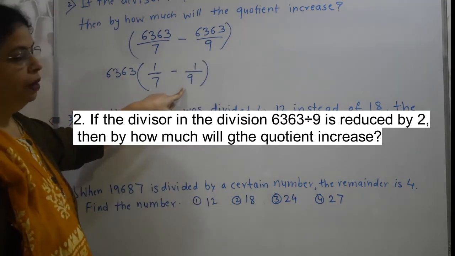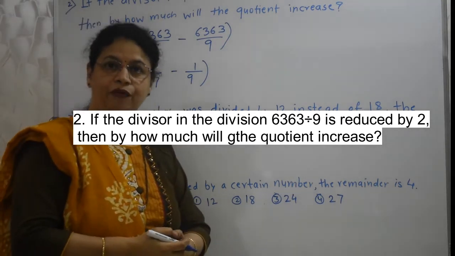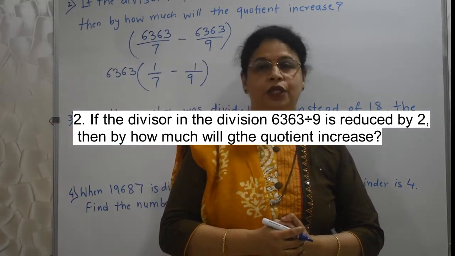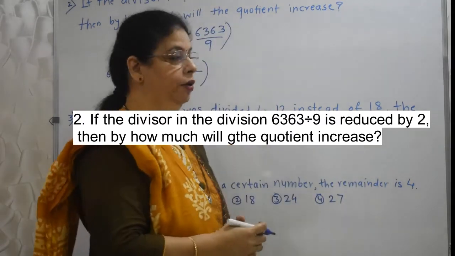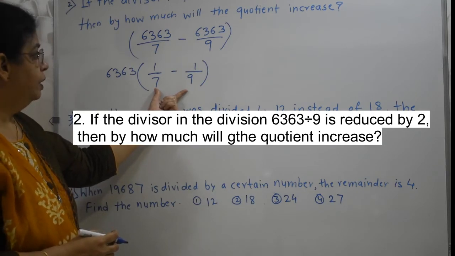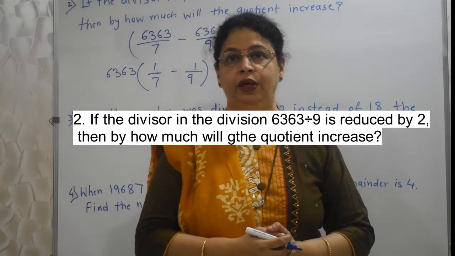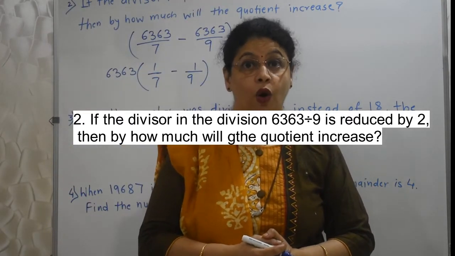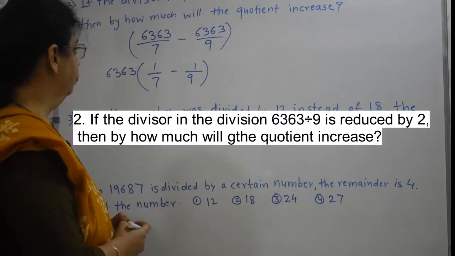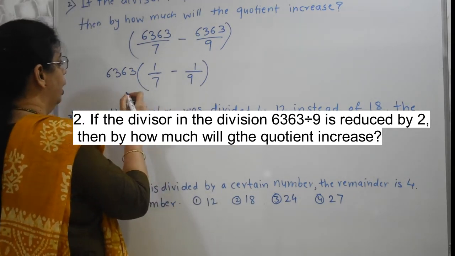Now I cannot do subtraction like this when the denominators are different. We have learned this in my fraction lecture. If you have not seen it yet, please go and watch that video. Okay. So how to find out the LCM of 7 and 9? Since these two numbers are co-primes, means they do not have any factor in common, their product will be their LCM. Product means multiplication.